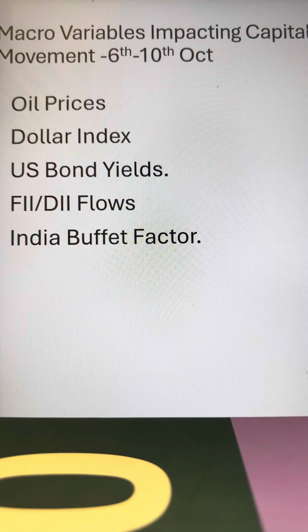The fifth factor is the Buffett factor. The Buffett factor is nothing but the ratio of the total market cap divided by the GDP of a particular nation. At this point of time, if we benchmark ourselves with key markets, the US is sitting at a Buffett factor of 217%, which is heavily overvalued. The ideal percentage is approximately 110 to 120. India is sitting at 136.37. So we are slightly overvalued, I would say, but the US is extremely highly overvalued,